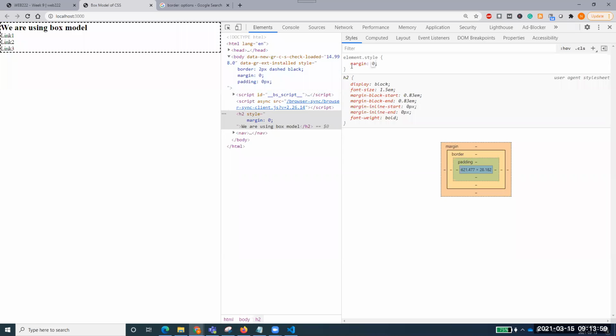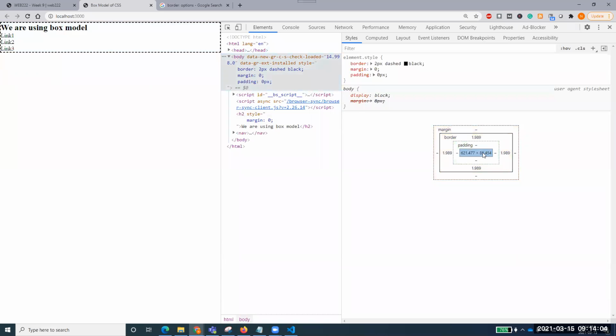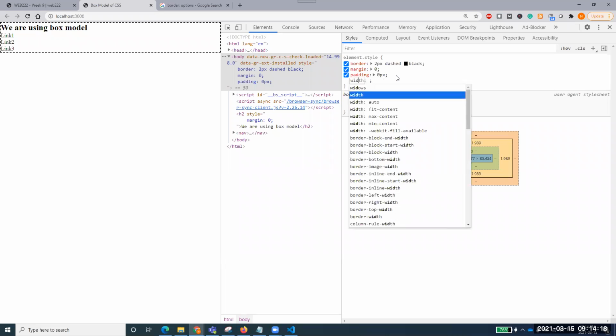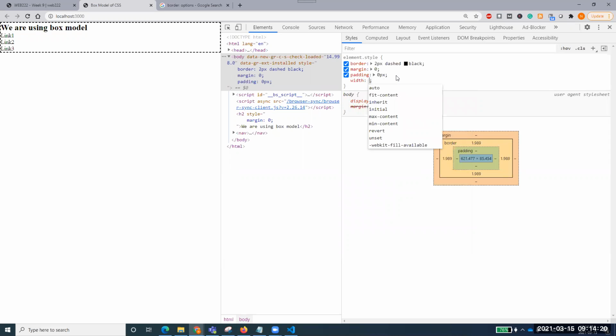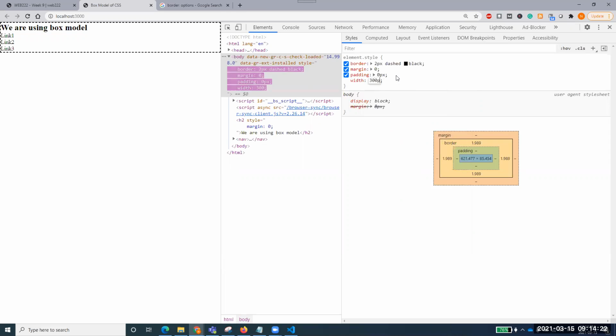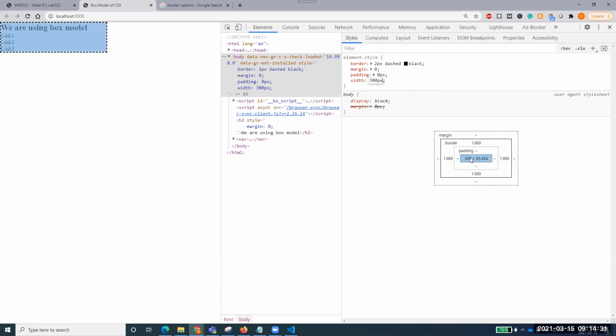Okay, so the last thing remaining is, if you talk about body, we are still talking about body. This is the content area. The content area is this blue highlighted area, and inside that are all the contents. If I come here and do width 300 pixel, do you understand what is going on? Now my body is of 300 pixel size, like the contents are only 300 pixels.